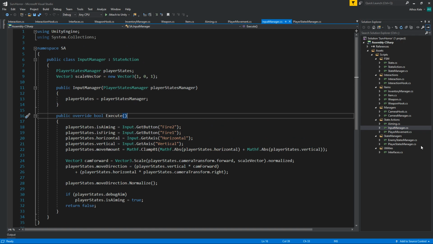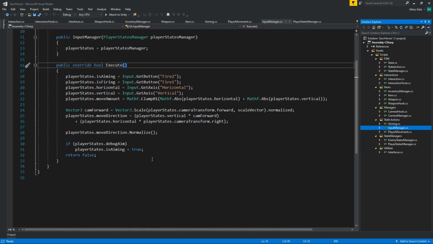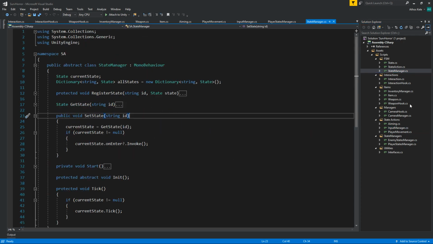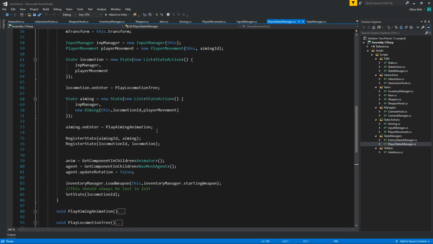It shouldn't matter. Okay, so let's go onto the state manager and add, is it the state? No, the player state manager, and add